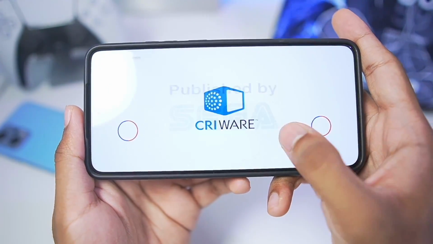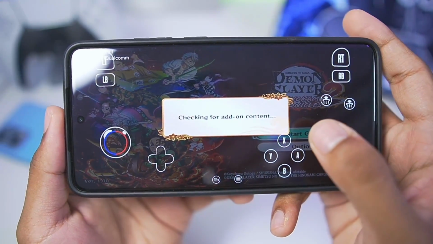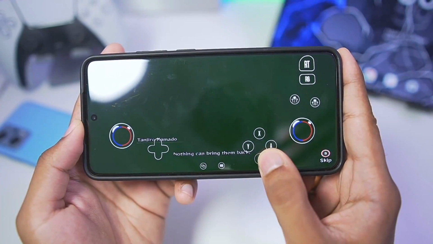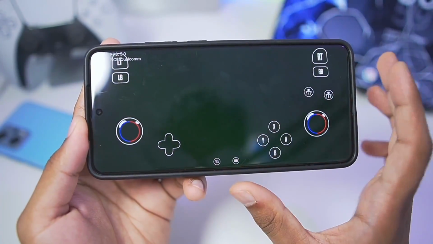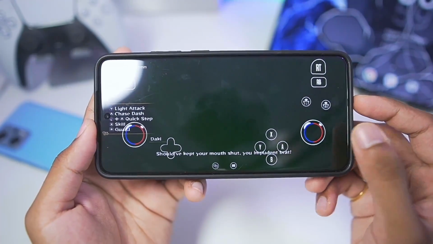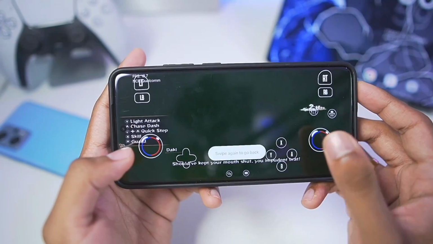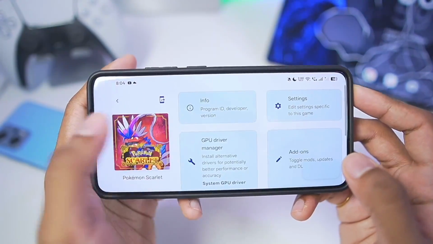So here we go, our game is about to start, Demon Slayer Hinokami Chronicles 2. So let's tap on start game, and immediately you guys will be able to see there are graphical issues. So even if I skip the cutscene, you will notice that we'll just see either a black screen or a white screen. The game should be started, but unfortunately unsupported Snapdragon devices have graphical issues. So let's just go ahead and try out our best game that we can easily play on our Android device,